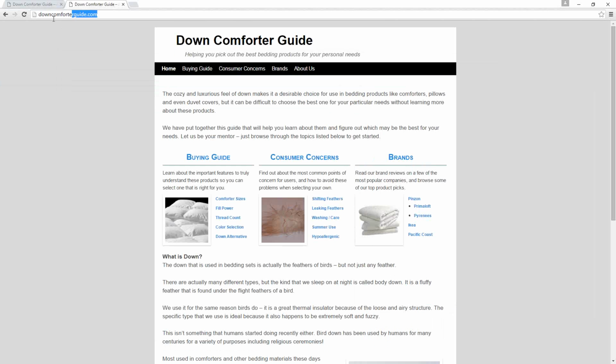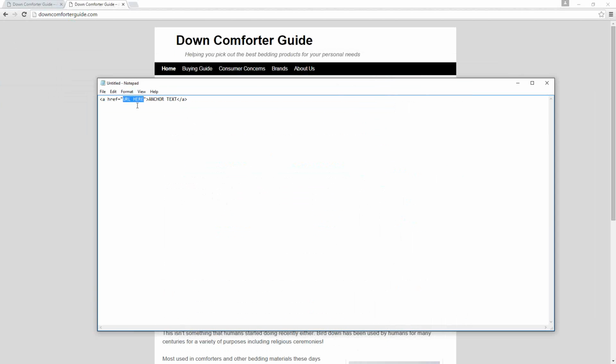So, for example, we could do downcomforterguide.com. Right here is the text that would be clicked on for that link. So this link right here, home, is the text that is found right here. This is all within less than and greater than symbols. You can kind of see that this tag over here and this ending to the tag are separated by these less than and greater than symbols.